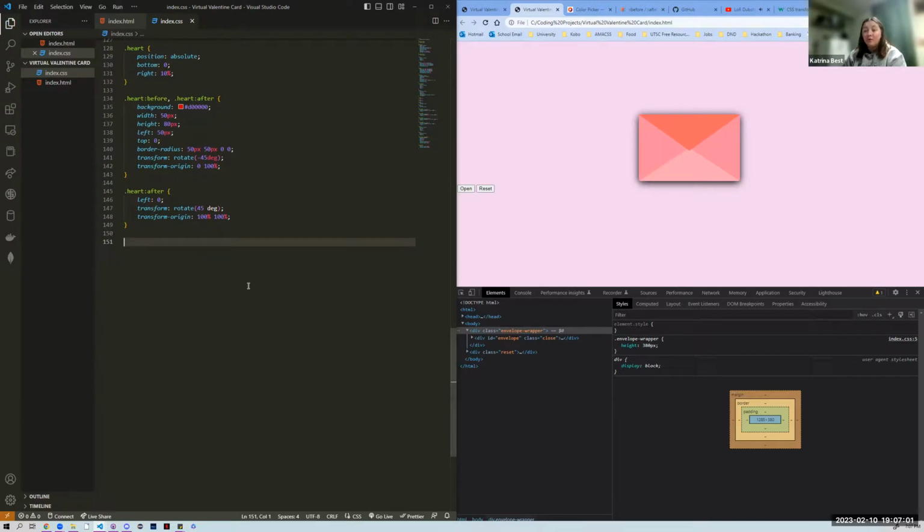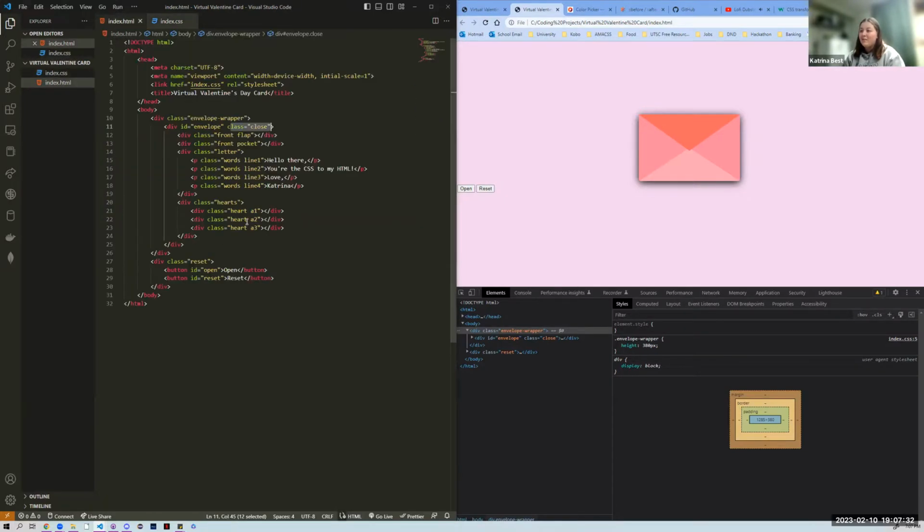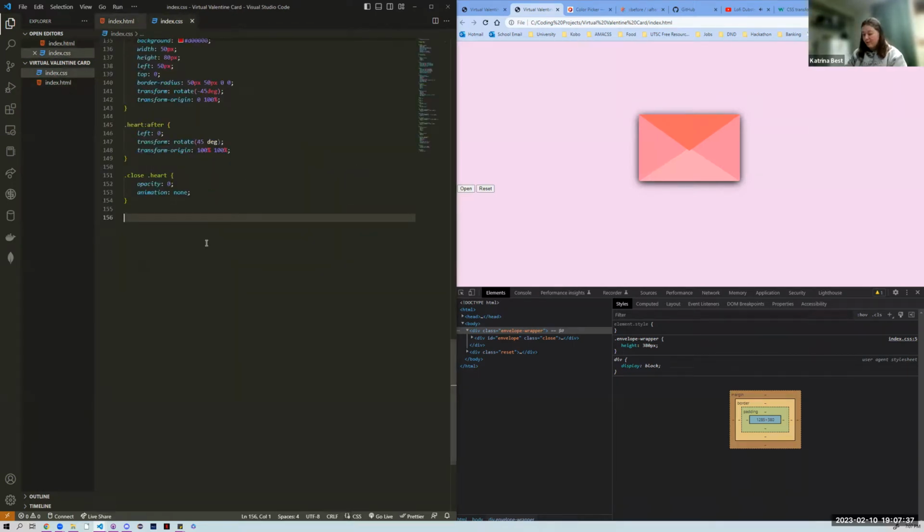Okay, so for when we're closing the envelope, we want to move the hearts back into the envelope. So we're going to do dot close dot heart, and we're going to change the opacity to 0, and the animation is going to be none, just so that it stops moving. So for each heart, we need to create an animation. And we can do that by using their second class, A1, A2, and A3. This is how we define them. So dot A1,